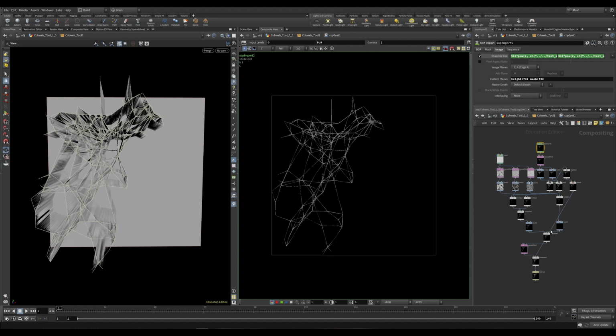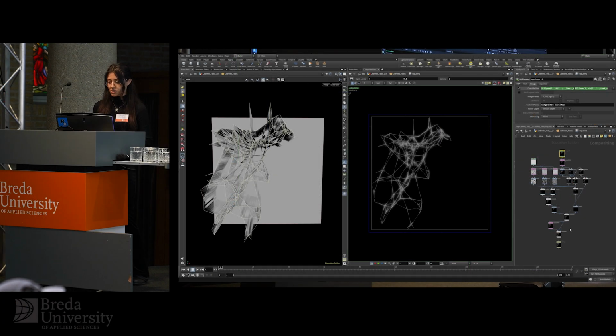This unfolded geometry is then projected onto a height field, and the data is being read out by a SOP import node inside of a compositing network, which produces an accurate image representation of the cobweb strings. Doing it this way also gives me the freedom to add and layer some noise to make the cobwebs look a bit less clean and more organic. And the texture can then be directly applied to the low poly mesh, since it's created based on its UV